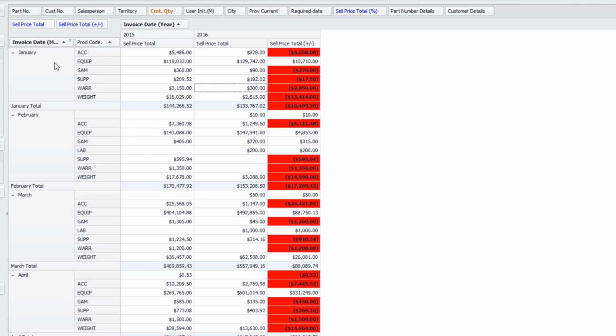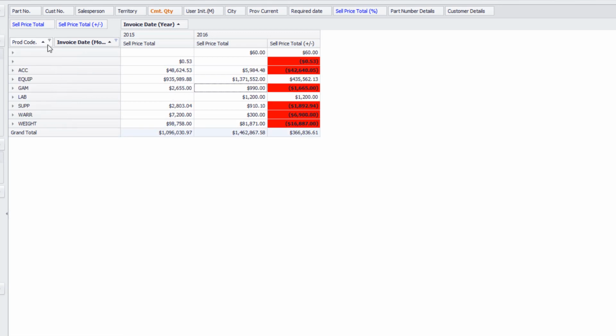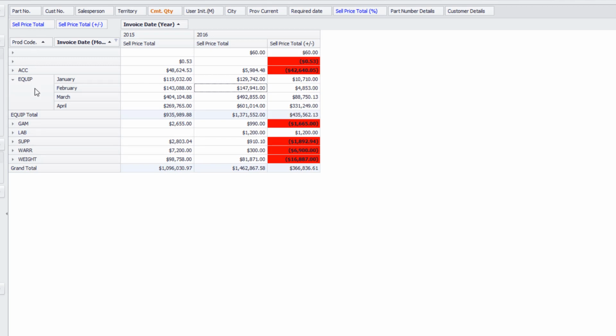An equally valid perspective might be to view this first from a product code view and then secondly from the month view. And that's easily achieved simply by taking the product code field and dropping that ahead of the invoice date month. So now I'm going to collapse everything in here. So my primary grouping is by product code, and then the secondary grouping is by the invoice date month. And what I can quickly see is that my equip product code is up year over year,